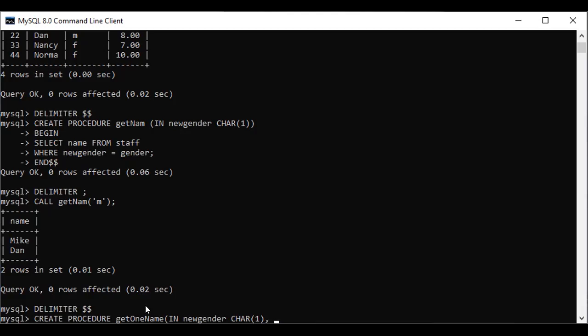And another, I'm making an ID parameter here. For ID, I'm giving a name, new ID, and the data type for ID was int.